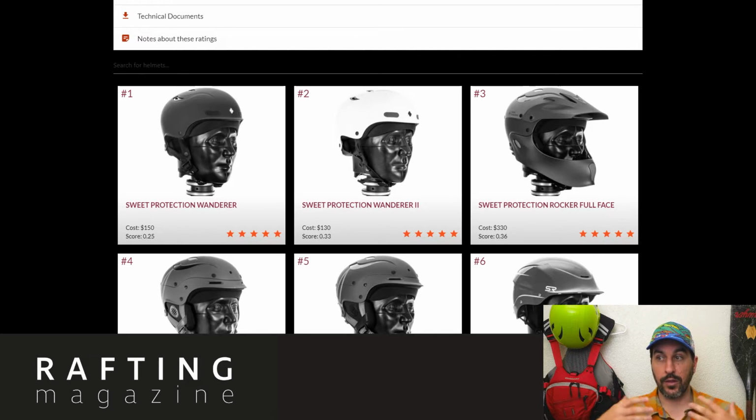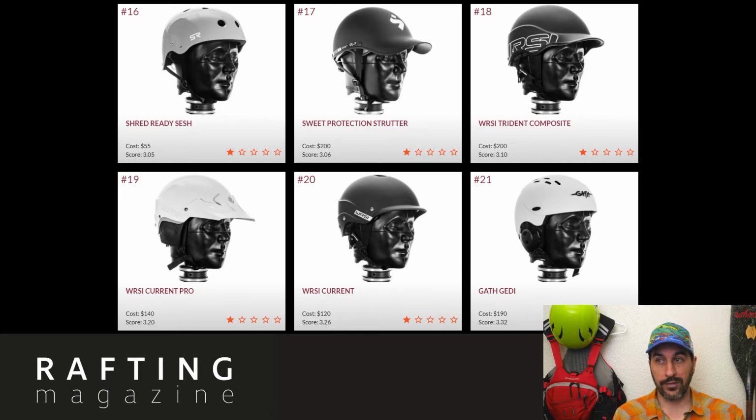Now, obviously, the larger your neck is, the more muscle mass you have, the stronger your vertebrae are, the more you're going to be able to take an impact. However, when we look at another part of the list, the lower down list, like the helmet that I'm currently wearing, the WRSI Trident, which I have right here, if we're looking at this one for a female paddler and the 50th percentile female paddler, even at 20%, that's almost 60% more likely to sustain a concussion with this helmet